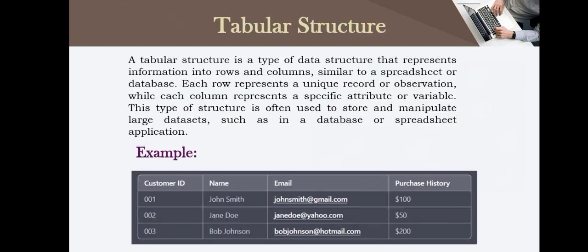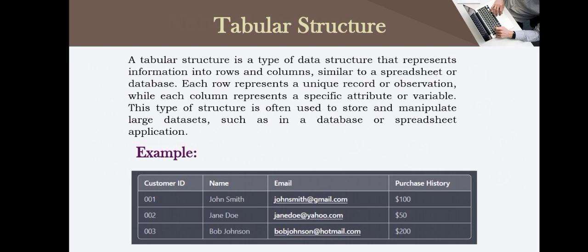Next is tabular structure. A tabular structure is a type of data structure that represents information into rows and columns, similar to a spreadsheet or database. Each row represents a unique record or observation, while each column represents a specific attribute or variable. This type of structure is often used to store and manipulate large data sets, such as in a database or